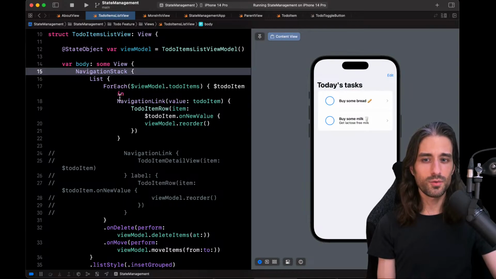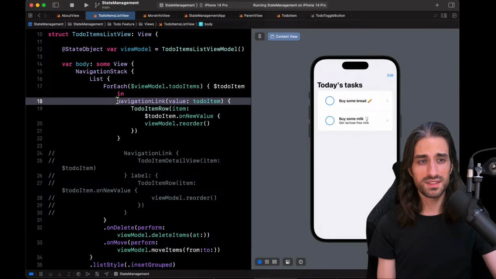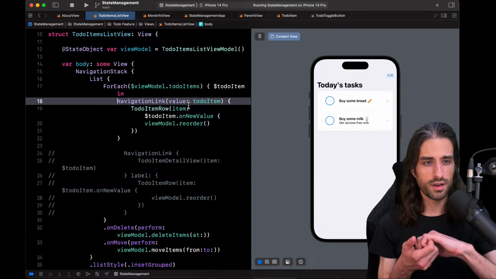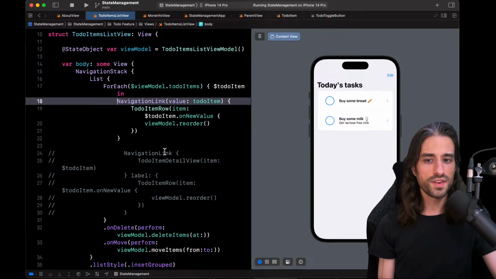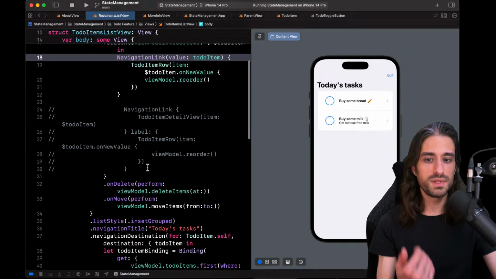We saw that for that, we use navigation link to trigger this navigation. There are 2 ways of doing it. Either the navigation link already knows the destination view, which is the simplest case, but also the more tightly coupled. Or the navigation link can only know about the data to pass to the next view, but the actual next view is built elsewhere.